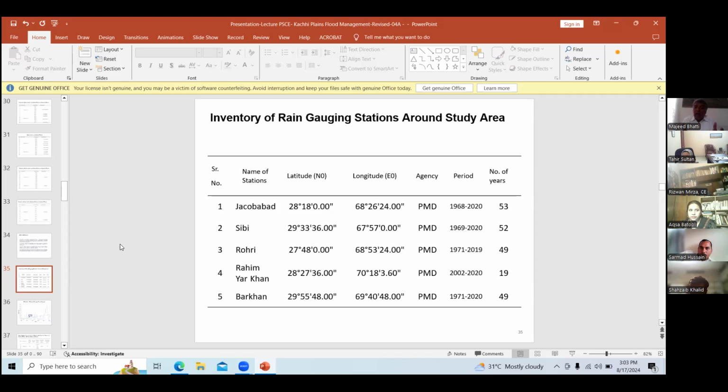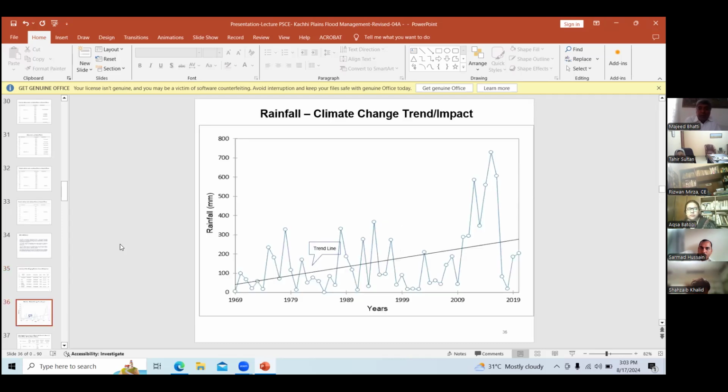So we have about 60-year data with the Baluchistan government and also with WAPDA. They used the data of these related hinterlands only for estimation of the discharges of the hill torrents. So these are the rain gauge station details.